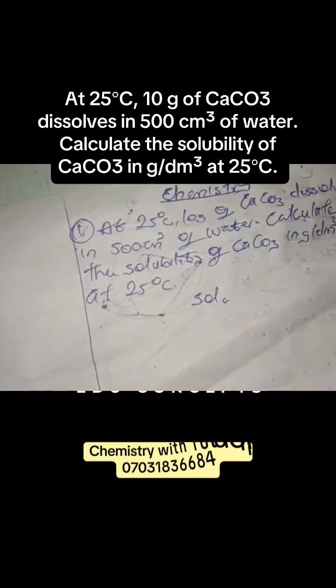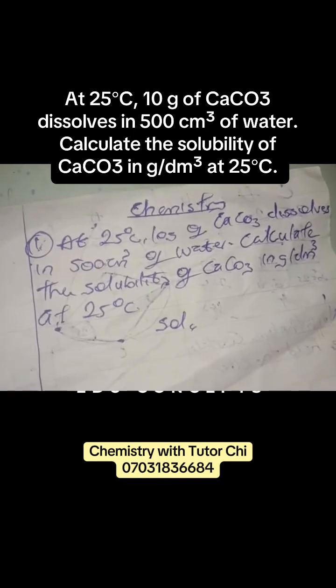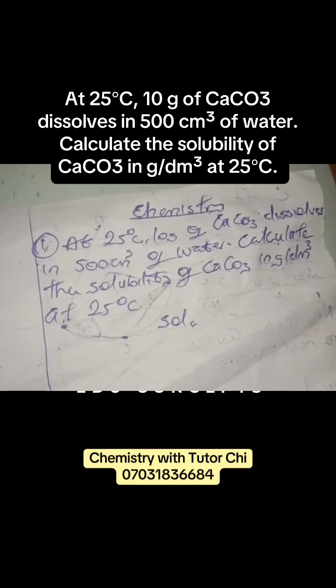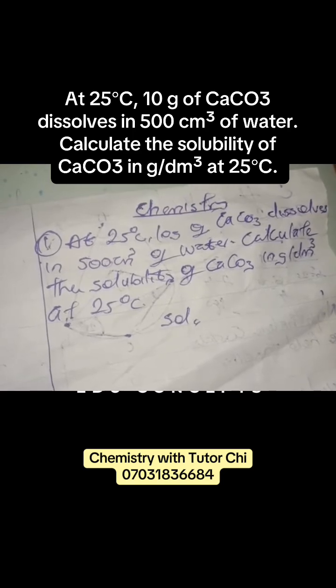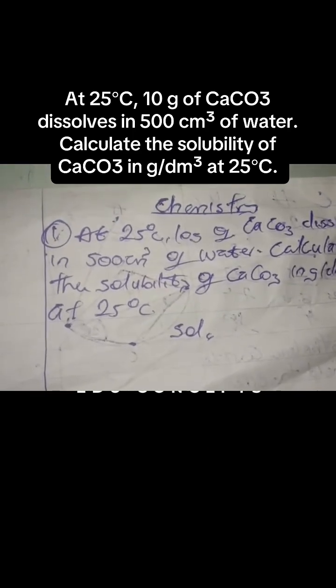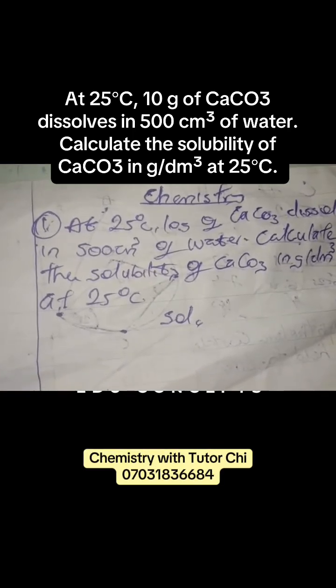Okay, so they said at 25 degrees Celsius, 10 gram of calcium carbonate dissolved in 500 centimeter cube of water. Calculate the solubility of calcium carbonate in gram per dm cube at 25 degrees Celsius. Now, I know that you guys may also be confused about this particular question, but when you are dealing on